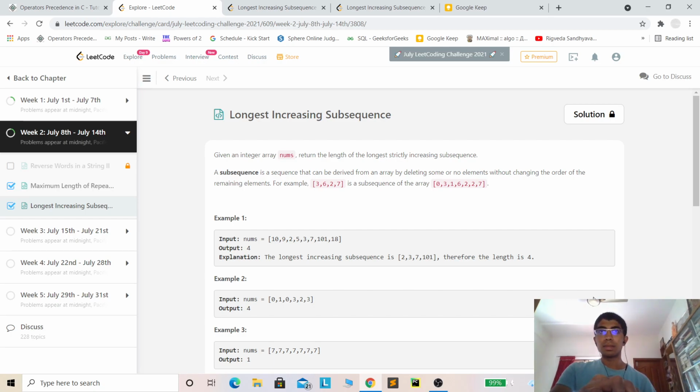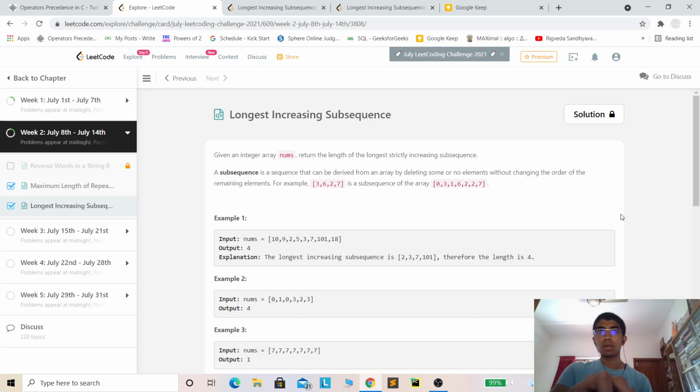So that is the most basic approach, and in order to optimize it we have to notice that we should not be generating all the subsequences, and we should make use of information from the already generated subsequences, and hence that is the intuition to use dynamic programming in this problem.